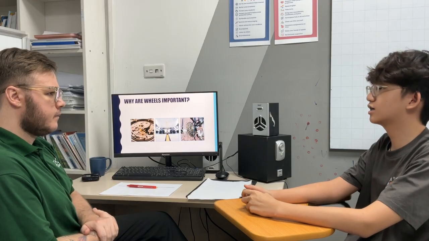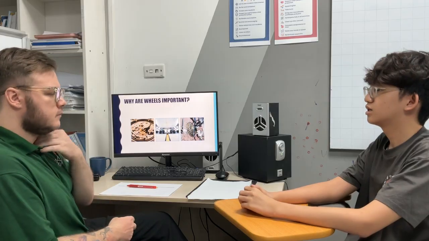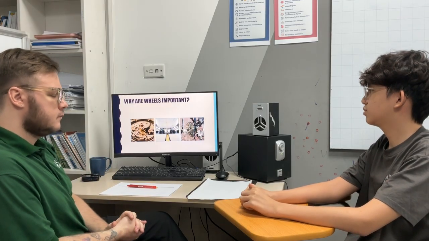Next, wheels. So tell me, why are wheels important, and give me some examples where we use them. Well, first of all, wheels are important because it helps for transportation. Almost every single transportation we use nowadays use wheels, such as cars, motorcycles, airplanes, etc. Secondly, it also helps with clock and time management because clocks will need to be accurate so we can know how to manage our time.